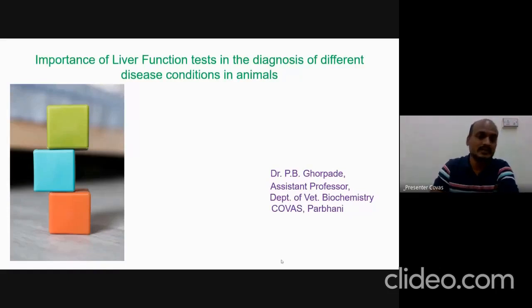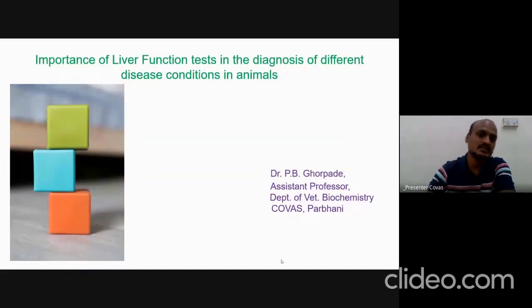The whole lecture of today will be on the liver function test, right? It is commonly used in humans for diagnosis of liver conditions, as well as in animals. It is being used for the detection of liver abnormalities. If the liver has some problem, then this liver function test can be used